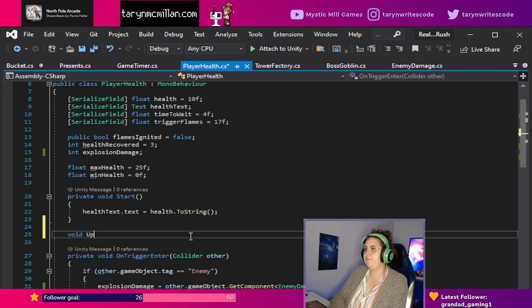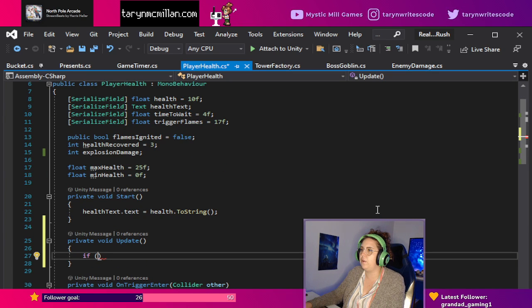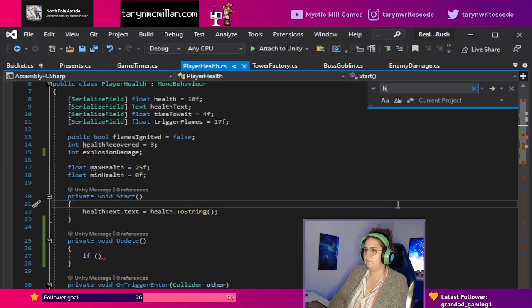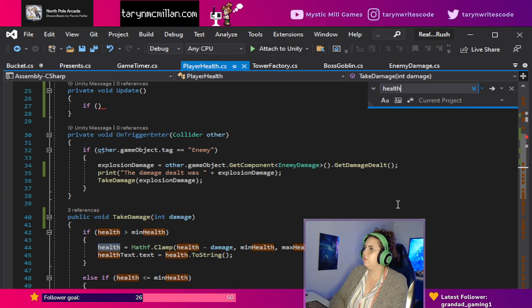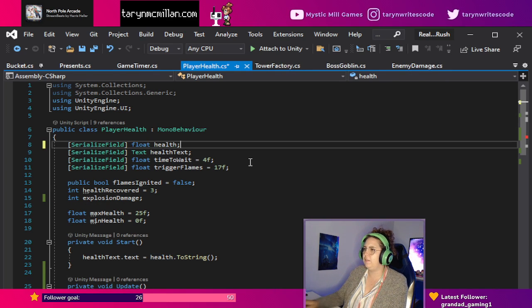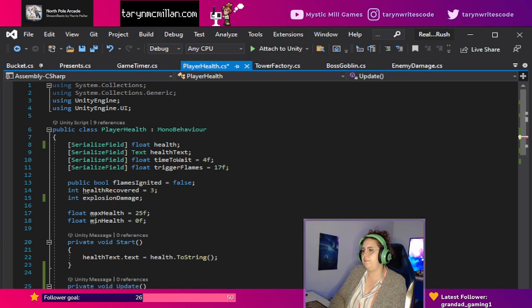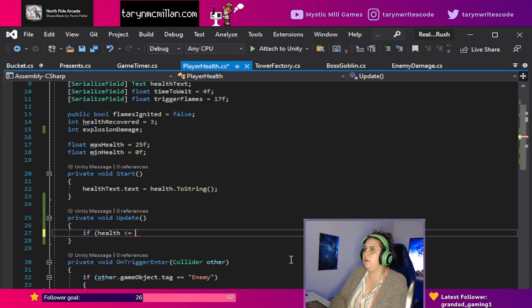Okay, so if float health, what is this float health? That's not what the health is starting at. Health recovered, health text. The player health is being initialized at 10, but I guess it's a serialized field, so it must be getting initialized actually at 25, I think is what I have it set at. Okay, so if health is less than or equal to trigger flames,